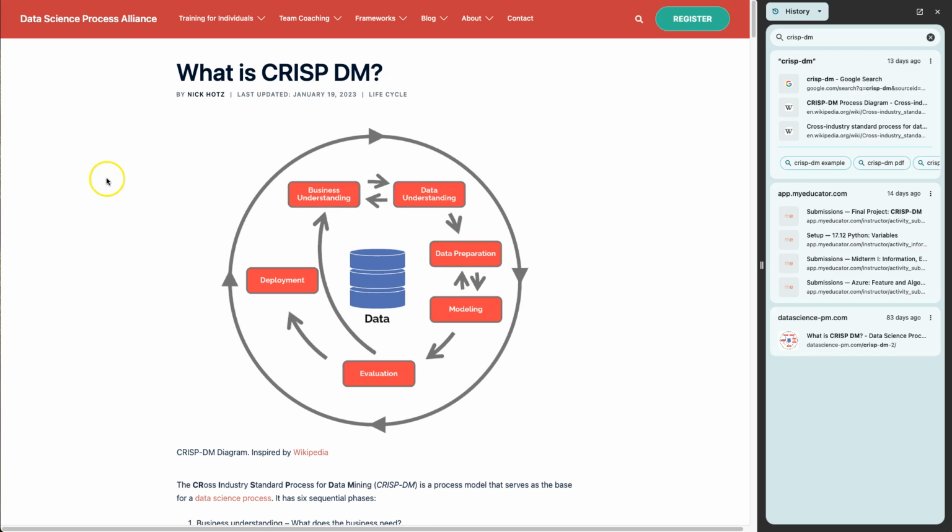Alright, I want to start a video series here on automating the CRISP-DM process. I like this version of it that Nick Hotz put together here from the Data Science Process Alliance only because it's colored. It's a version from the same Wikipedia one that a lot of us have used. But the idea is here that we're going to create a deployment of some sort of machine learning prediction by solving a business process, exploring the data, cleaning, preparing the data, making a prediction, evaluating the results, and then deploying